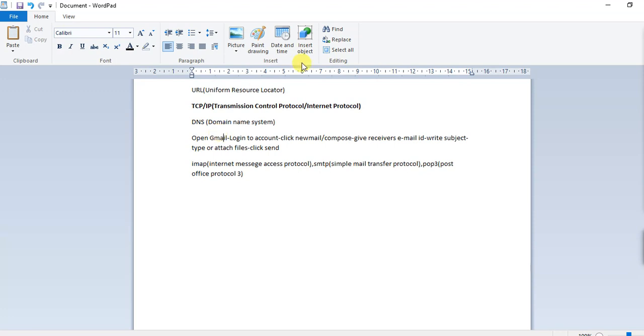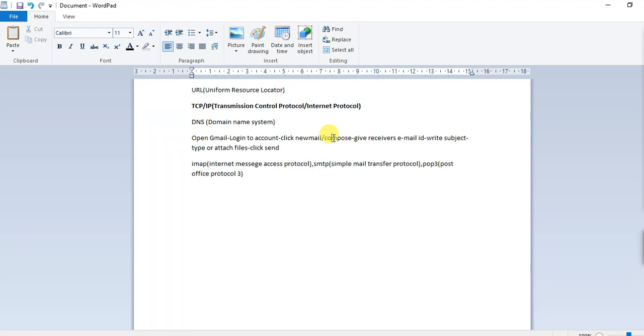Then click the compose option, or new mail in many other mail services. Then you have to give the email ID of the person you want to send the email to. Suppose you want to send a mail to XYZ, then you write XYZ at the rate of gmail.com or hotmail.com, like this.